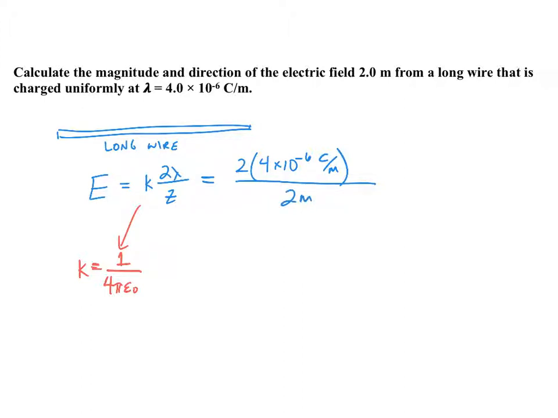And so the electric field going away from this thing would be 3.6 times 10 to the fourth newtons per coulomb, and it's going to be up